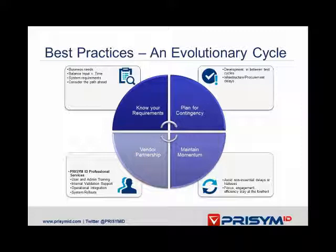You need to know what your business needs are. For example, during Bill's talk, he talked about the need for standardization, the need to homogenize, so to speak, all the various acquisitions and brands that Boston Scientific acquired in the late 90s. But that being said, there is a need to balance input over time, and what that means is it is absolutely critical that